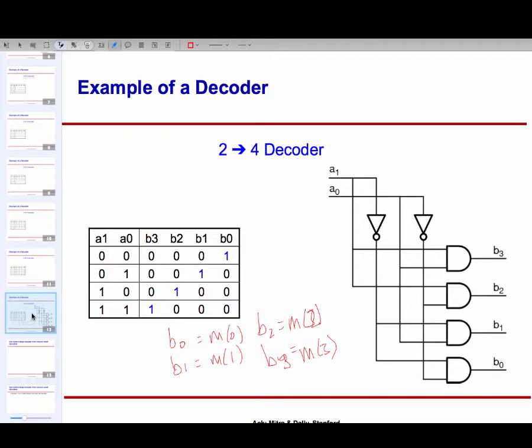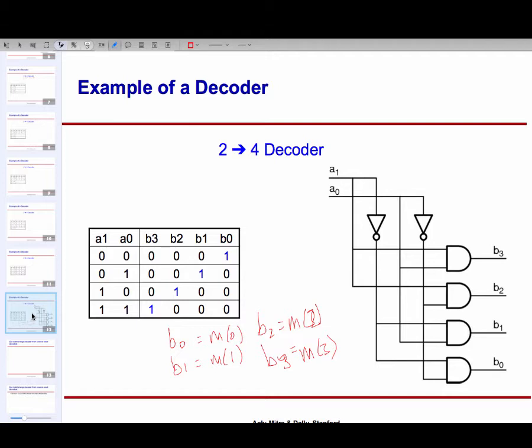So in this particular case, I have 4 outputs, and therefore what we really have out here is 4 truth tables, one for B3, one for B2, one for B1, one for B0. And what you see out there is the realization of that. And the other thing you would see is that if you look at B0, B0 corresponds to a truth table where exactly one minterm is high.